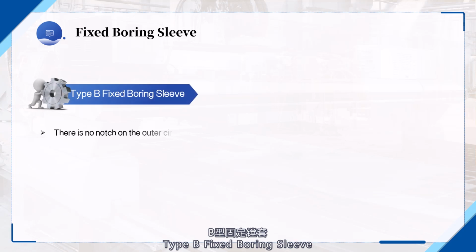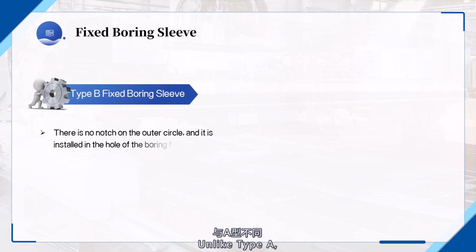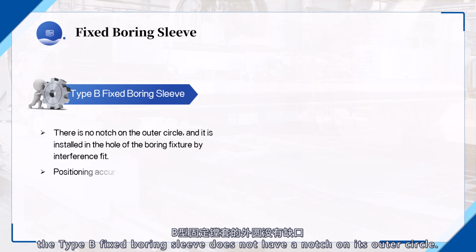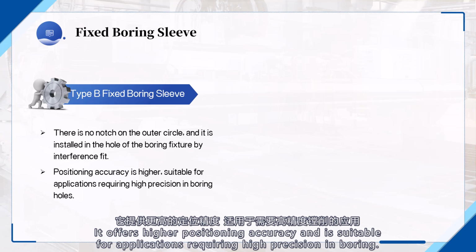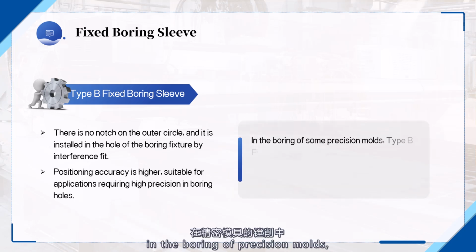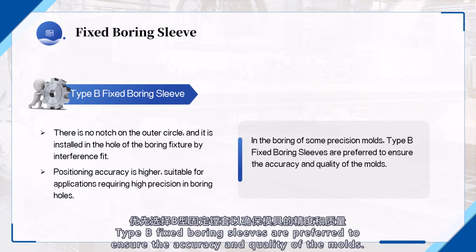Type B fixed boring sleeve. Unlike Type A, the Type B fixed boring sleeve does not have a notch on its outer circle. Instead, it is installed in the hole of the boring jig frame through an interference fit. It offers higher positioning accuracy and is suitable for applications requiring high precision in boring. For instance, in the boring of precision molds, Type B fixed boring sleeves are preferred to ensure the accuracy and